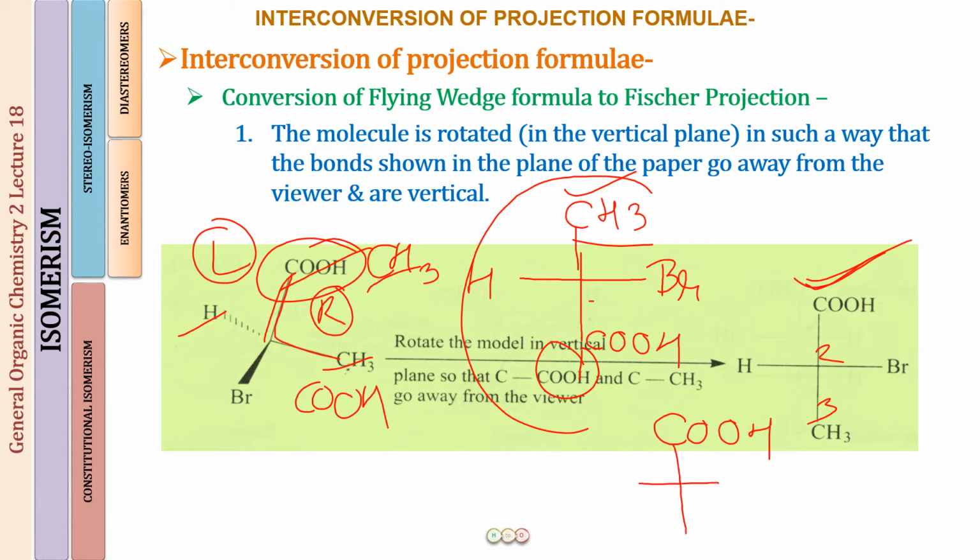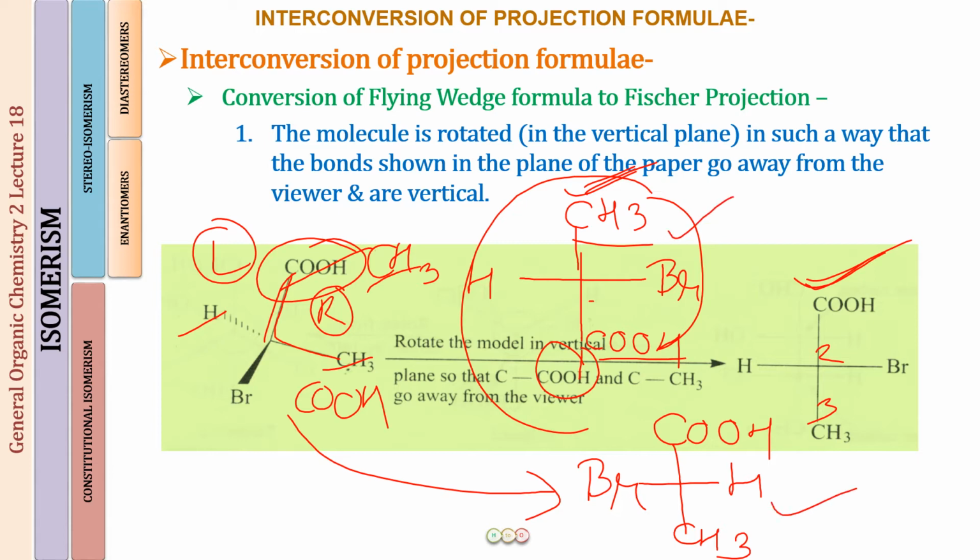If I do that, I have to rotate my molecule by an angle of 180 degrees so that the one which is below goes up and the one which is up goes below. And with that, bromine will be coming on the left side and hydrogen will be coming on the right side. So this is my correct representation of this molecule now. What you have to again remember is that the configuration of this structure and this structure should remain the same. And it is going to be the same.